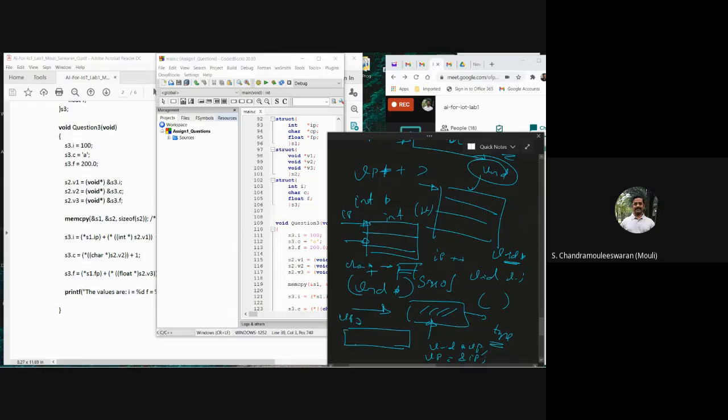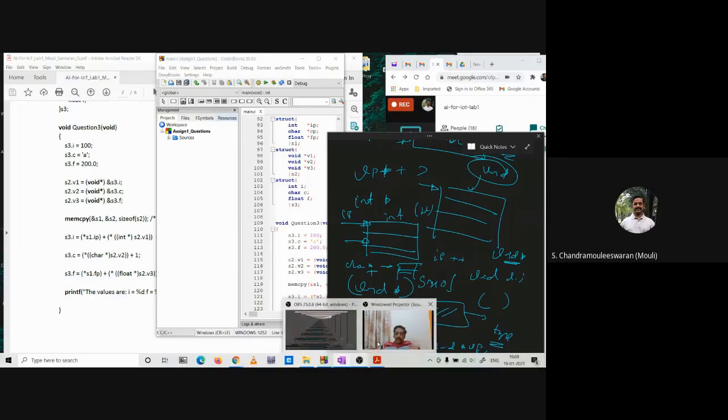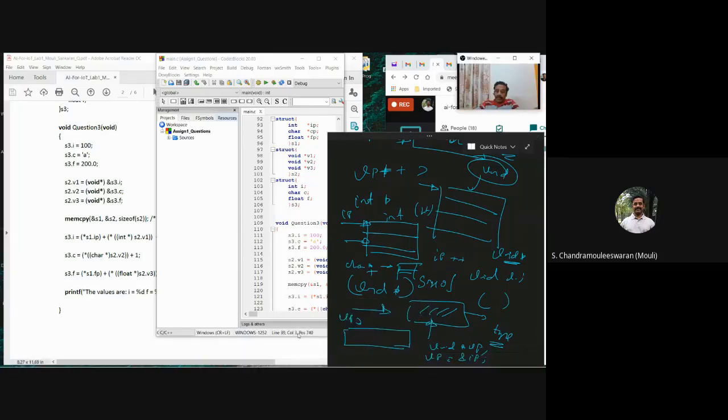That is the same as any pointer. The size of void star, size of integer star or size of character star, they are all the same. If my machine is a 32-bit machine, then the pointer's size will be 4 bytes. That is about void star.